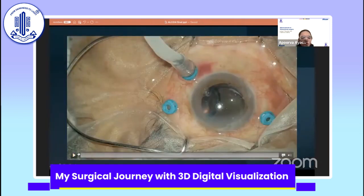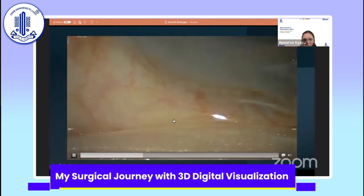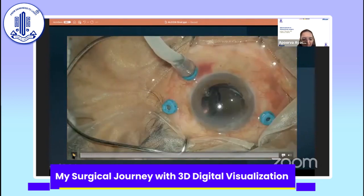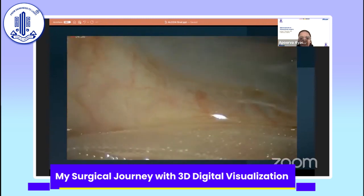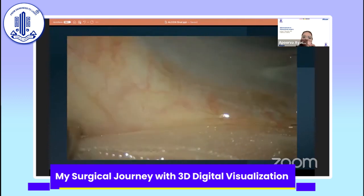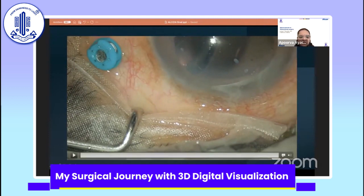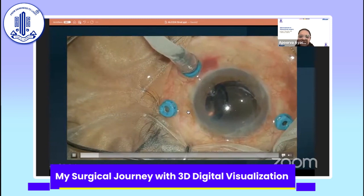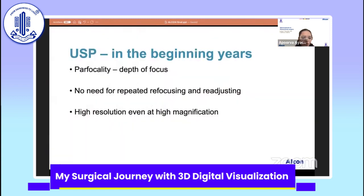One of the highest unique selling points of the 3D system was that it needed the initial fine focus in high mag, like I'm doing here. We magnify to the maximum extent, and then we fine focus till we actually see the blood flow through these small conjunctival capillaries near the limbus. And once we zoom out, we are sorted. Basically, this acts as a fine focus for both the anterior and the posterior segment. Once we start operating,